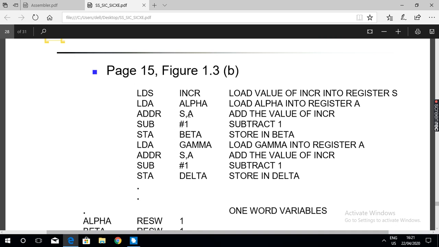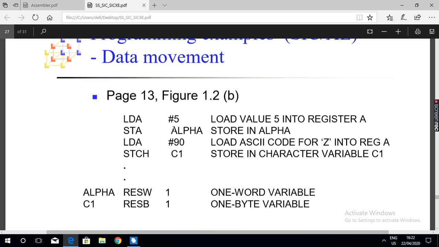So register A, its number is I think 0. 4 bits is 0 0 0 0. Next register S, its value I think it is 7. So with 8 4 2 1, it is 0 1 1 1. I think you understood. This is opcode. So 4 bits are meant for each of the registers. Okay, right?